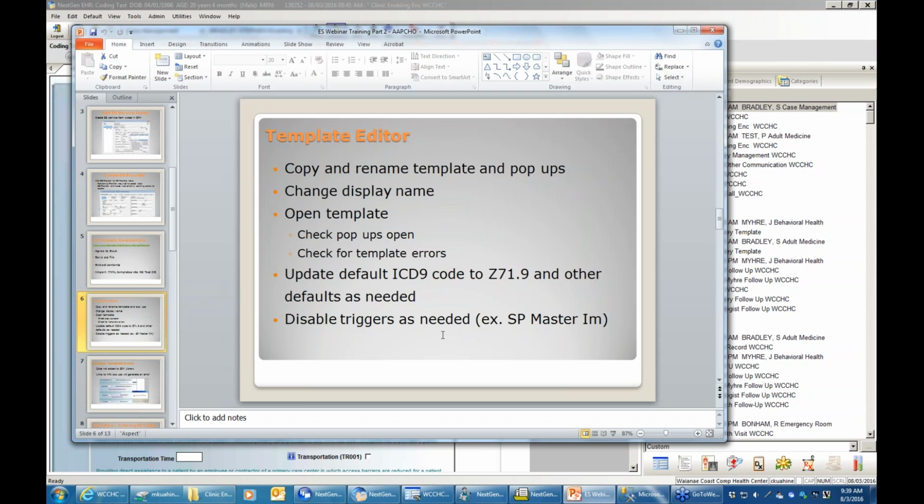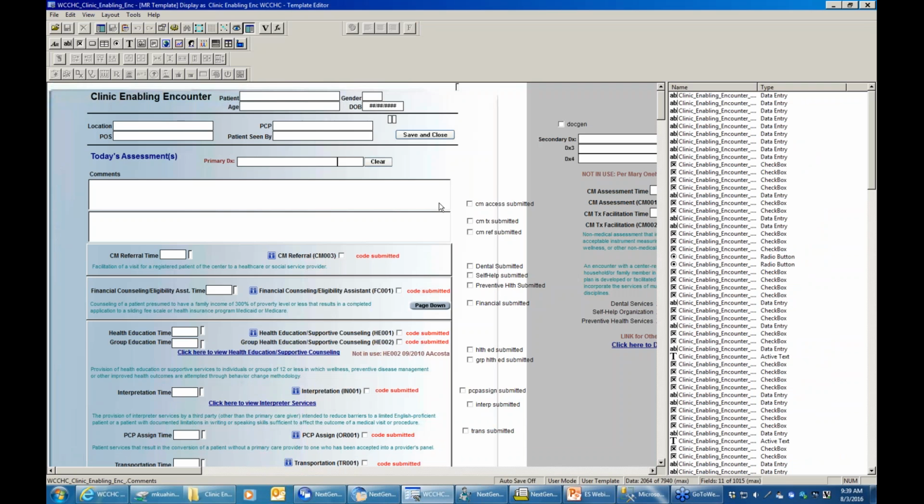Some of the other things that we're going to look at now in the back end will be, well, one in particular, one field that we created. It's a master and template field. And for those of you that are familiar with NextGen, master is that table that is utilized throughout the database and throughout the workflow. So just keep in mind that we created this template a long time ago, meaning before the NextGen lockdown. So there was a time, believe it or not, that NextGen didn't have a lock on their template. So we would go in and we could copy and modify the template. Thus, this master